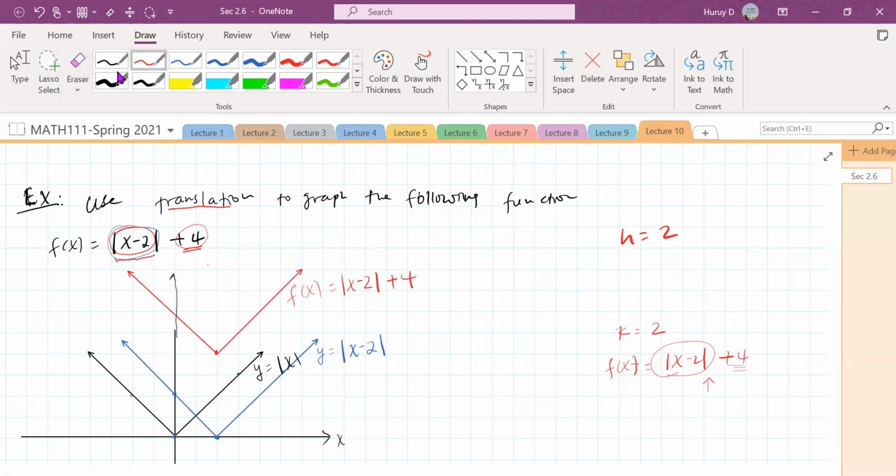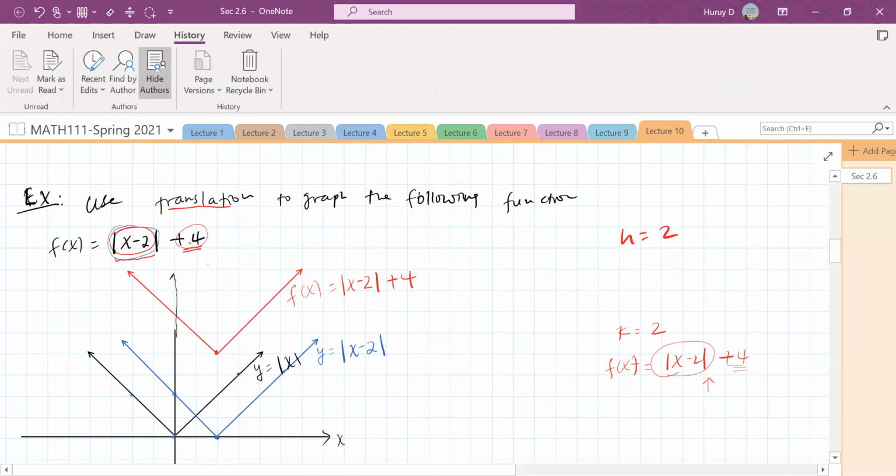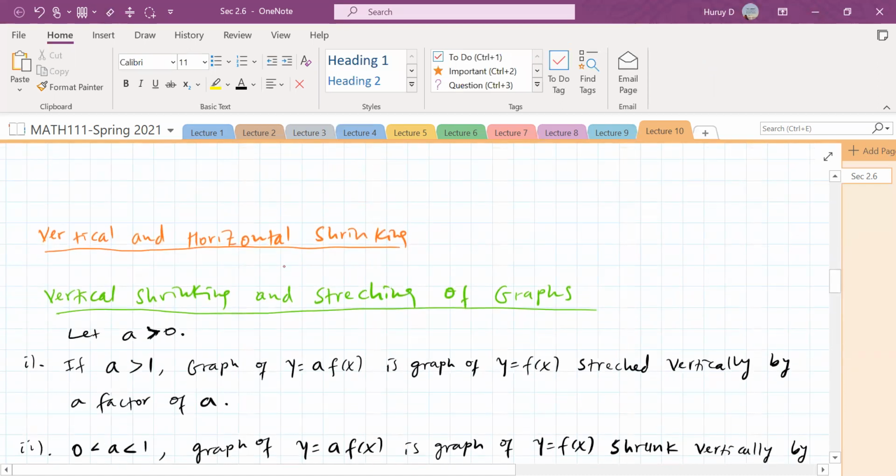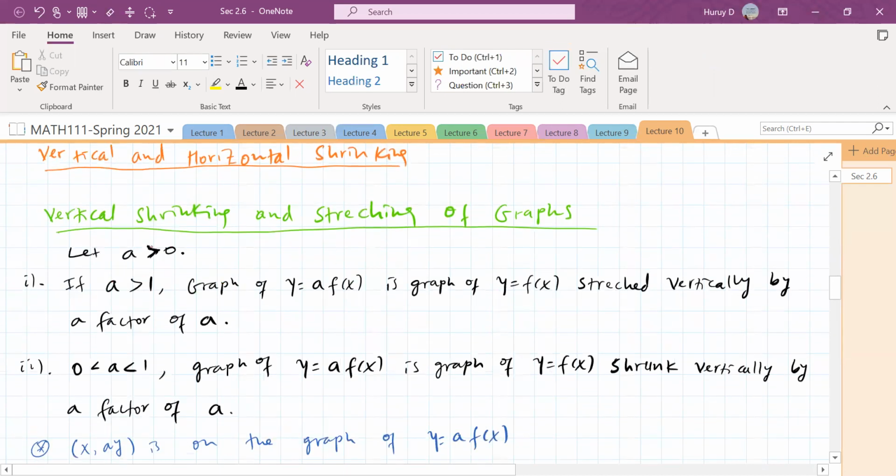All right. And then the next is vertical and horizontal shrinking. Okay, so we did the shifting. We did the horizontal and vertical shifting. And then we can do horizontal and vertical shrinking. By this, I mean, when we have, for example, a value a greater than 0, and well, if a is greater than 0, it could be between 0 and 1, or it can be greater than 1. Then if a is greater than 1,